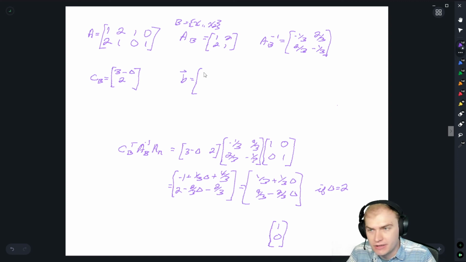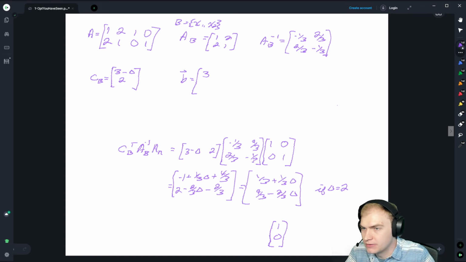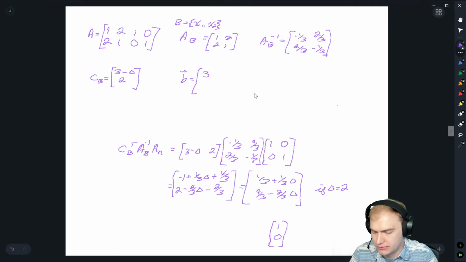B was originally, I'm looking at the dual, it was originally 30, 40, and 50. I'm going to subtract a delta,